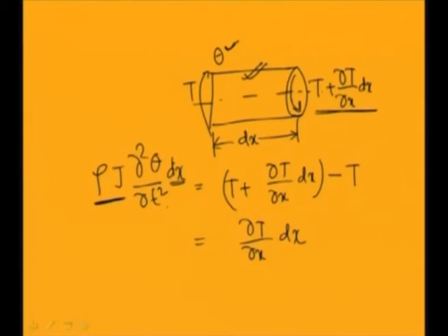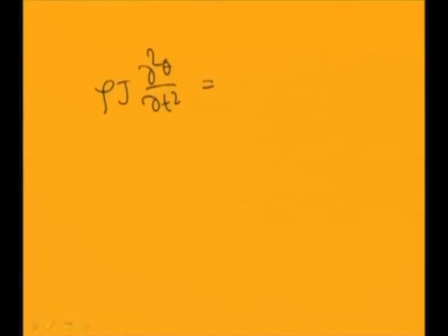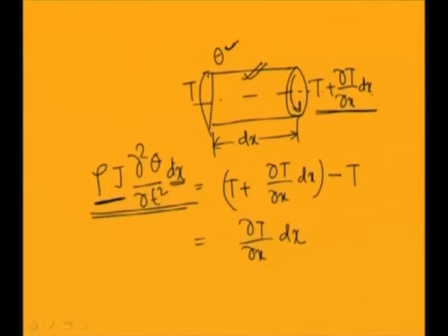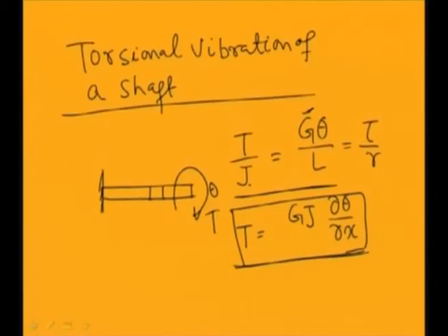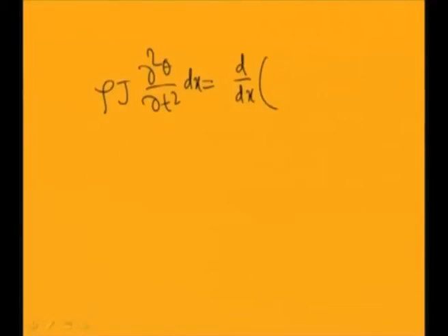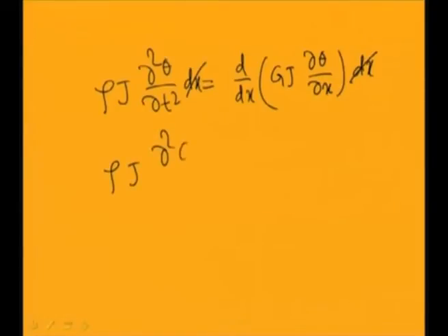Now, taking this total inertia torque equal to the torque at the right side minus the torque at the left side, I can write this into dx. This will become d/dx of, for T I will substitute the expression T = G J ∂θ/∂x. So this is G J ∂θ/∂x into dx. This dx cancels, so I can write rho j ∂²θ/∂t² equal to G J